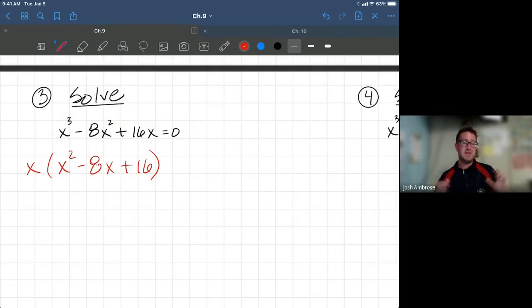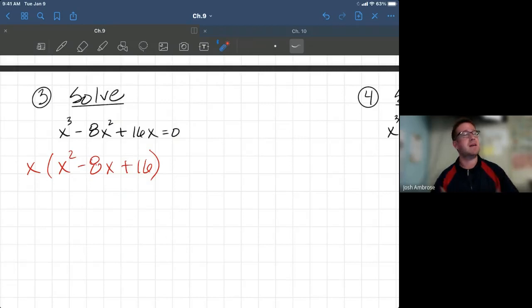So let's see if this is actually a special trinomial, because I want to try and get you used to looking at these trinomials and see if you can figure out something special about it. And if you remember back in the last section, this is going to fit those special parameters because x squared is a perfect square. 16 is also a perfect square. And we're looking at a plus sign right there in our second term. Those were the 3 parameters that made a perfect square